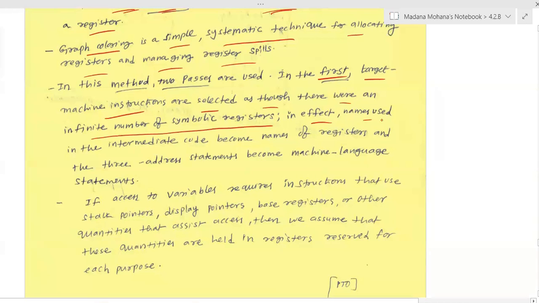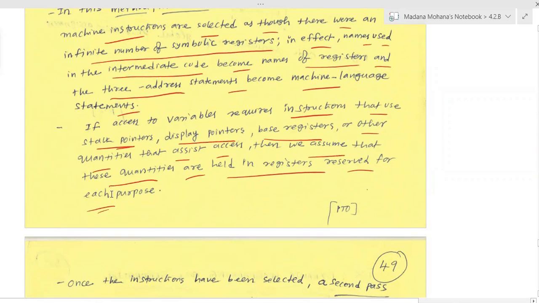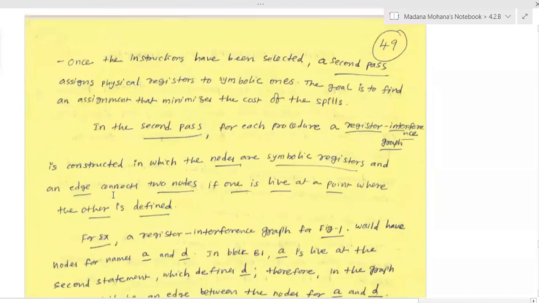In effect, names used in the intermediate code become names of registers and the 3 address statements become machine language statements. If access to variables requires instructions that use stack pointers, display pointers, base registers, or other quantities that assist access, then we assume that these quantities are held in registers reserved for each purpose. Now, once the instructions have been selected,